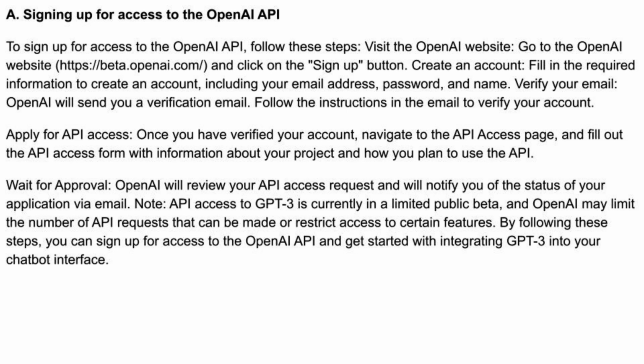Verify your email. OpenAI will send you a verification email. Follow the instructions in the email to verify your account. Apply for API access. Once you have verified your account, navigate to the API access page and fill out the API access form with information about your project and how you plan to use the API. Wait for approval. OpenAI will review your API access request and will notify you of the status of your application